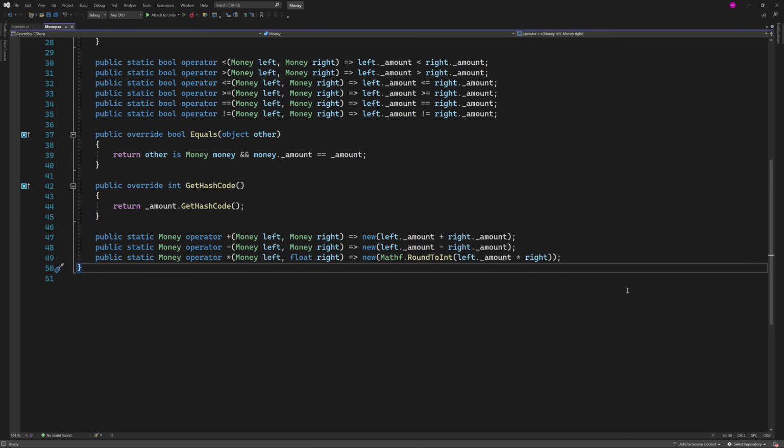Note that this will only work if the money type is to the left of the operator and the float to the right of the operator. Since this is the order in which we declared them, we declared money first and float second. So money must be to the left of the operator and float to the right of the operator. So if you want to be able to invert the two terms, in other words have a float on the left of the operator and a money on the right of the operator, we need to implement the overload a second time, but in the other order, with the float on the left hand side and the money type on the right hand side.